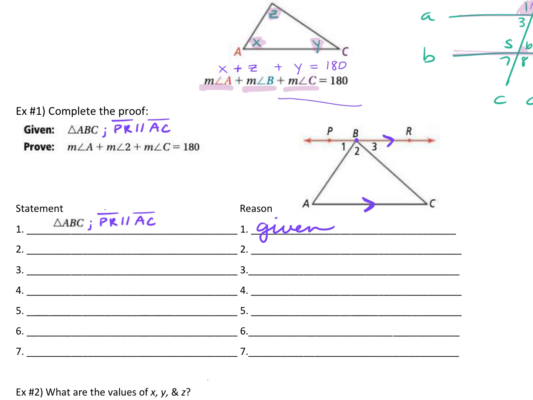You see anything else? Jack? Same with 3 and C are alternate interiors. So there's a lot of things here that if you just look at this picture, you're like, I know this, and I know this, and I know this. That's a proof, right? You write those things down that we know. So I would say the first thing that I'm going to say,